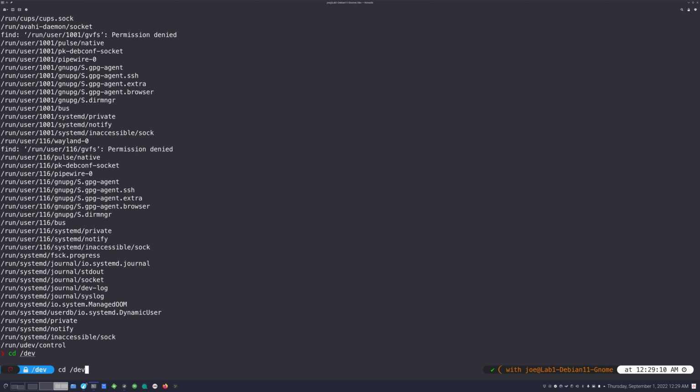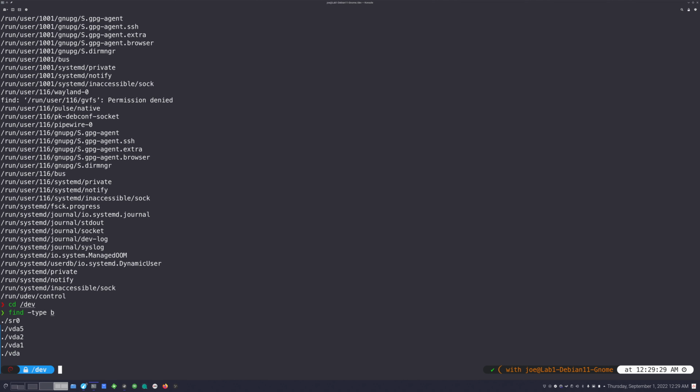Those are block devices. So if I want to do a find, and then I want to do a -type, right? And then I want to do a type of b. That's going to show me all the block devices. And you can see there sr0 would be the CD-ROM drive, which is virtual. And then, of course, you have vda5 to 1. Those are partitions. And then you have vda, which is the actual device itself, which is the hard disk. The virtual hard disk is mounted to this VM.